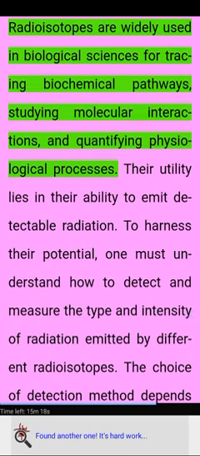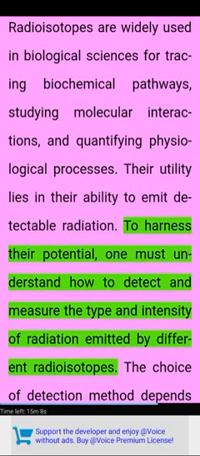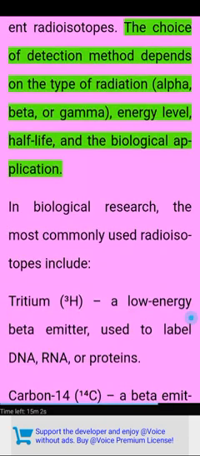Radioisotopes are widely used in biological sciences for tracing biochemical pathways, studying molecular interactions, and quantifying physiological processes. Their utility lies in their ability to emit detectable radiation. To harness their potential, one must understand how to detect and measure the type and intensity of radiation emitted by different radioisotopes. The choice of detection method depends on the type of radiation (alpha, beta, or gamma), energy level, half-life,